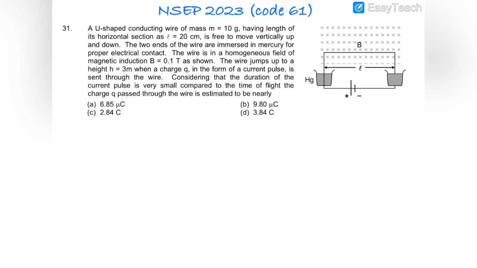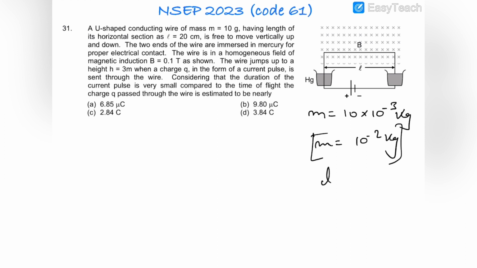In this question, you can see a U-shaped wire of mass 10 grams. Now 10 grams is 10 into 10 to the power minus 3 kilogram. So M is 10 to the power minus 2 kg. Okay. Now it is free to move vertically up and down. Its length is 0.2 meters,